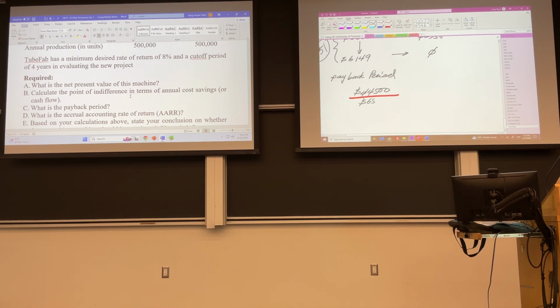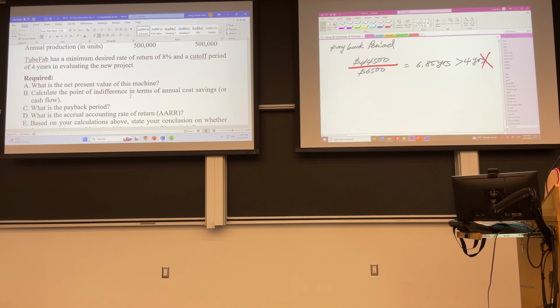Each year, 6,500. So 6.85 years. The cutoff, 4 years. We're going to reject it because it takes too long. Okay, what's accrual accounting rate of return? Accrual accounting rate of return, AARR. This is the only calculation we need to include